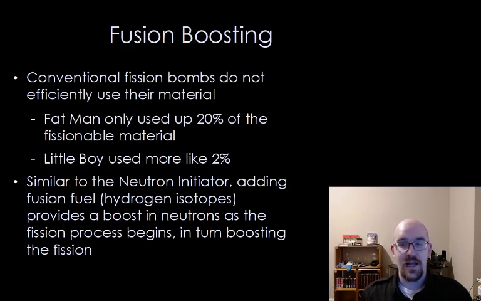The next step in nuclear evolution is fusion boosting. Conventional fission bombs do not efficiently use their material even when they do not pre-detonate. The Fat Man bomb used only 20% of its plutonium, and the Little Boy used only around 2% of the uranium. Similar in concept to the neutron initiator previously described, adding fusion fuel, such as hydrogen isotopes, tritium and deuterium,